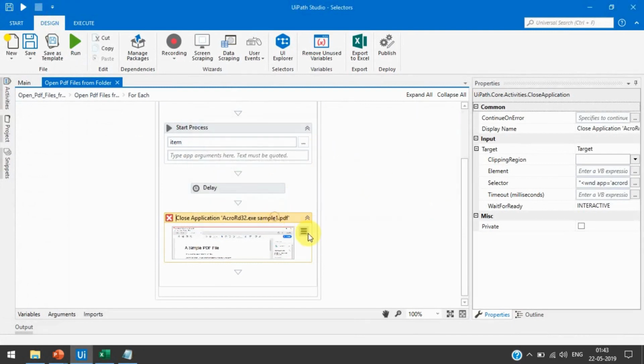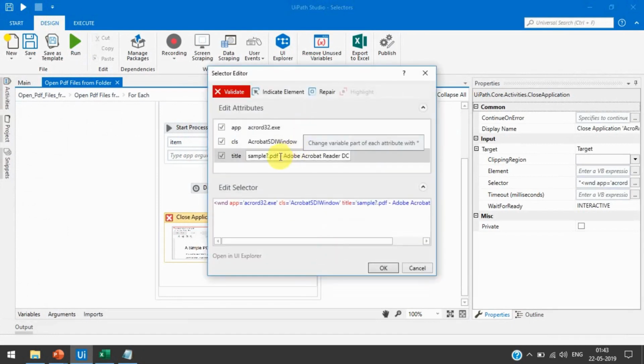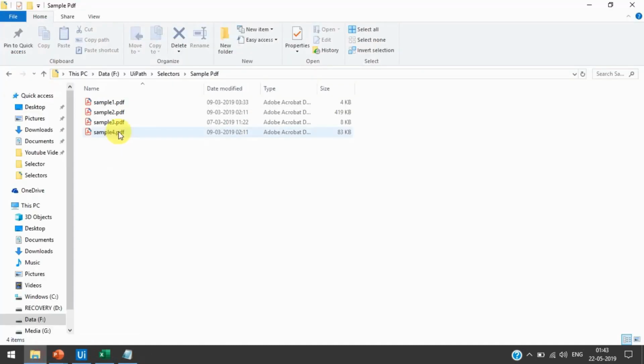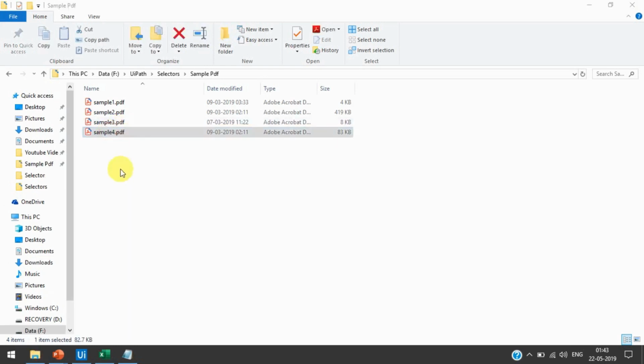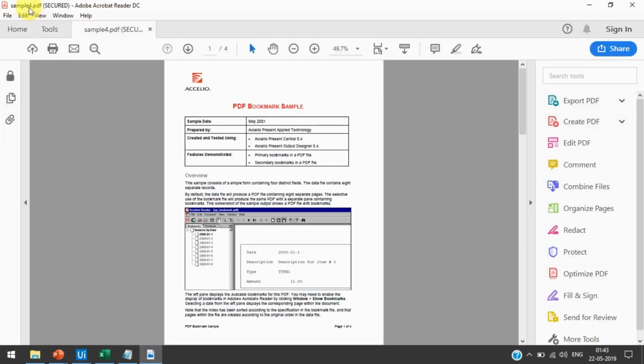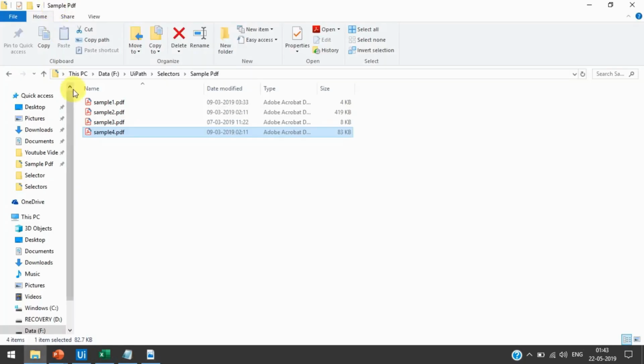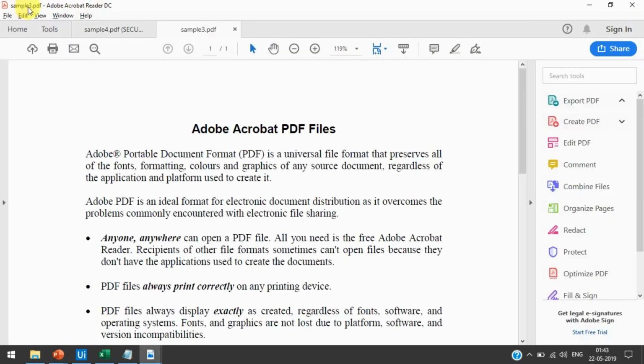So let me click here and edit selector, and now here we are getting sample.pdf. After the PDF name we are getting that. Let me open and show you that: we are getting sample4.pdf secured, and if we open sample3, we are getting only sample3.pdf. There is no secure option.